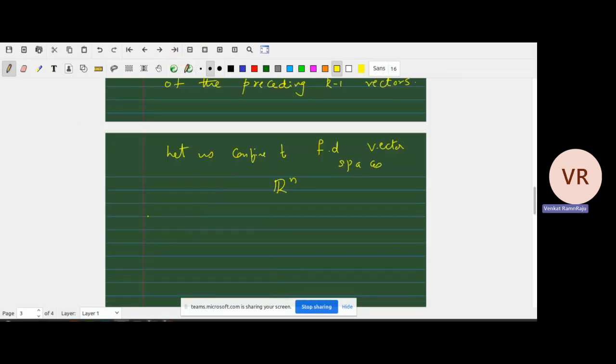Then any set of n vectors will be linearly dependent